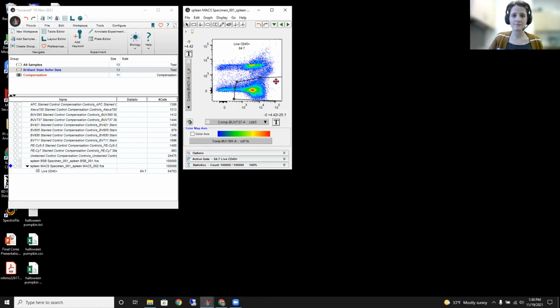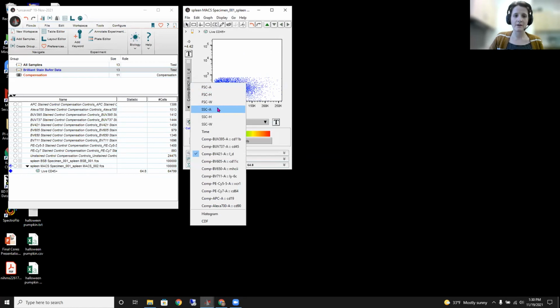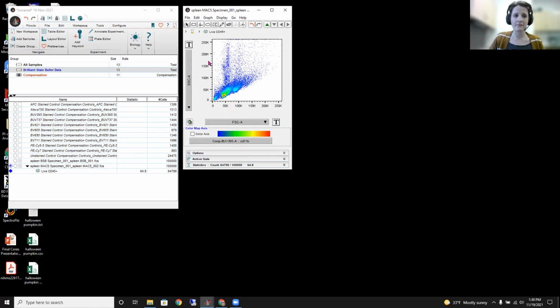Adjust that gate a little bit. And from there, let's look at our scatter profile. So we'll set forward scatter area versus side scatter area. And from there, let's set a polygon gate and be very inclusive. We don't necessarily know what populations we're looking for, and we don't want to be restrictive by scatter in order